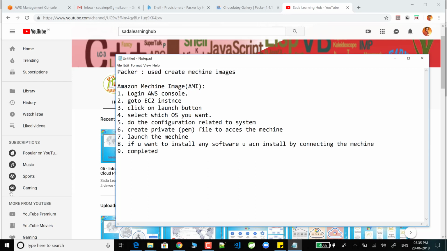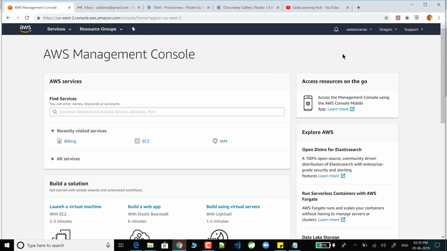Now I will show you step by step how to do all of this manually, and in the coming videos I will show you how to create an AMI by using Packer. That is very important. First I will show you the manual way to create an AMI image by using Amazon.